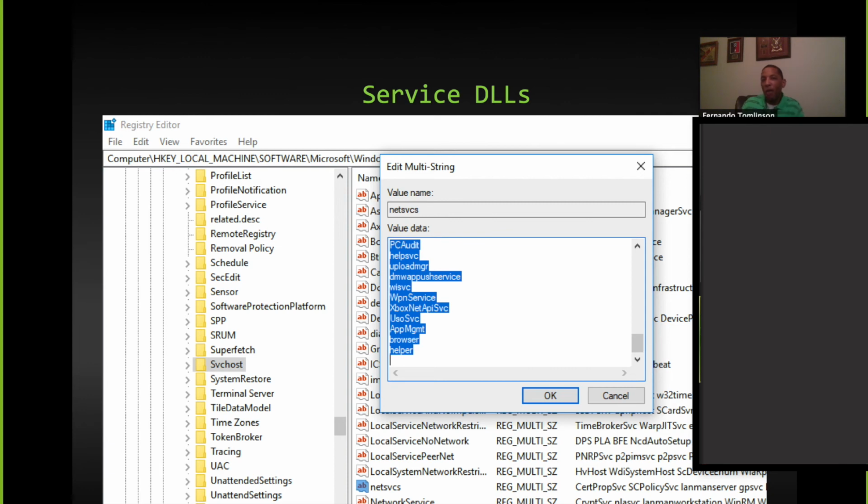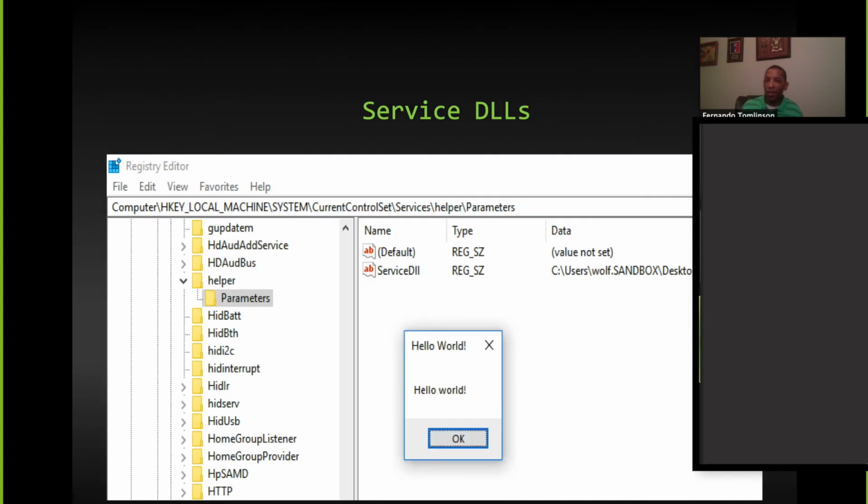So when I am able to come into the registry and affect that, at the bottom of this bucketed list of services, I added my own service called helper. Notice at the bottom there on the right, I've added helper. So now what does that mean? Well, I then created the service called helper, and then, if we look at ServiceDll, I mapped a demo.dll.